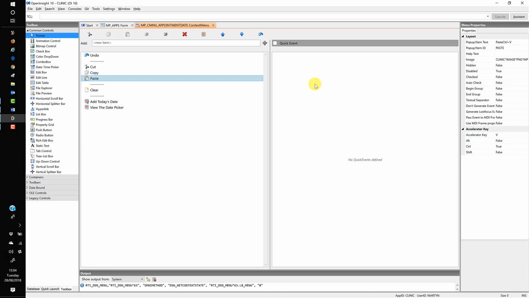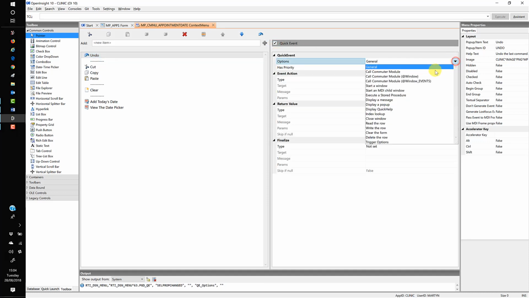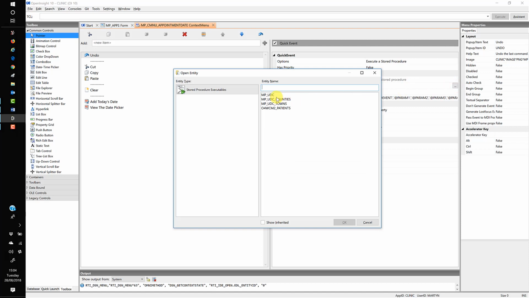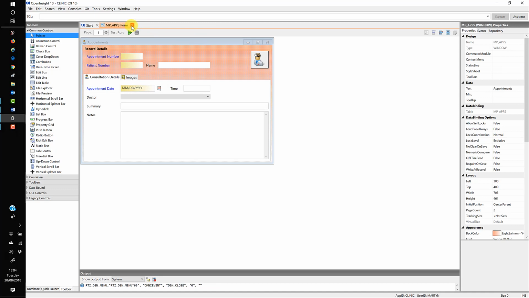So the idea here is that we will have quick events that will launch a stored procedure or your Windows Commuter Module, whatever you decide to use. So if I go into undo, click on the quick event, and we will select to execute a stored procedure, we can then go to the target, but you'll see that we don't have a stored procedure or commuter module for our window. So let's just come out of here, we'll save and close, we will close out of the form,